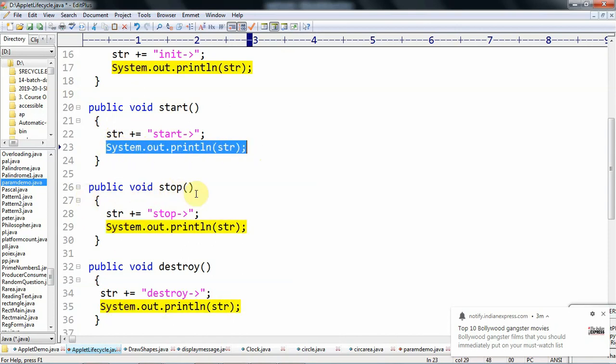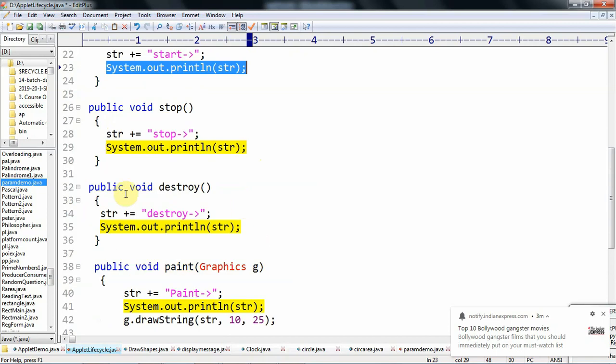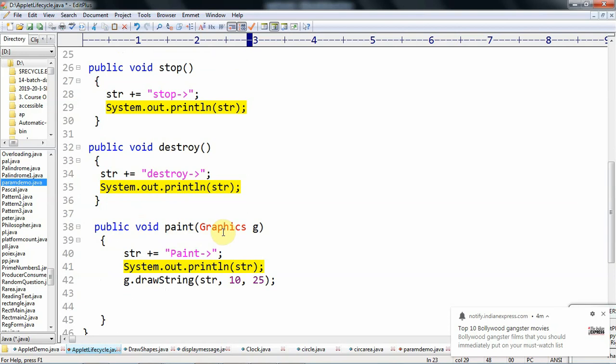Then to indicate stop, we add stop, and print that on the console or monitor. Then finally destroy: whenever we close the browser or applet window, destroy is added to str, and that is printed on the console.